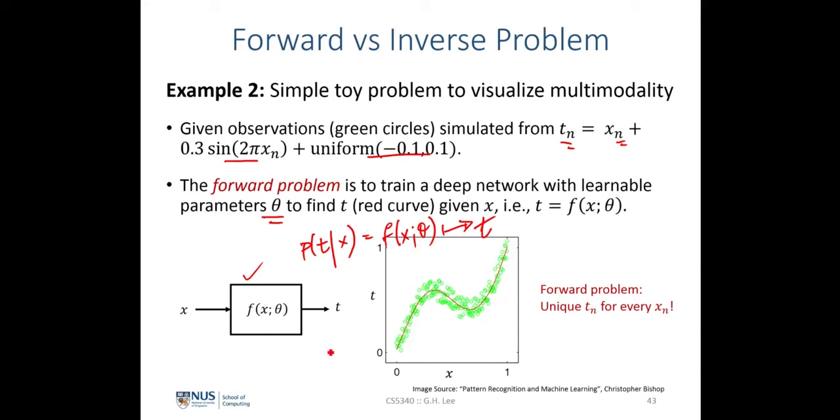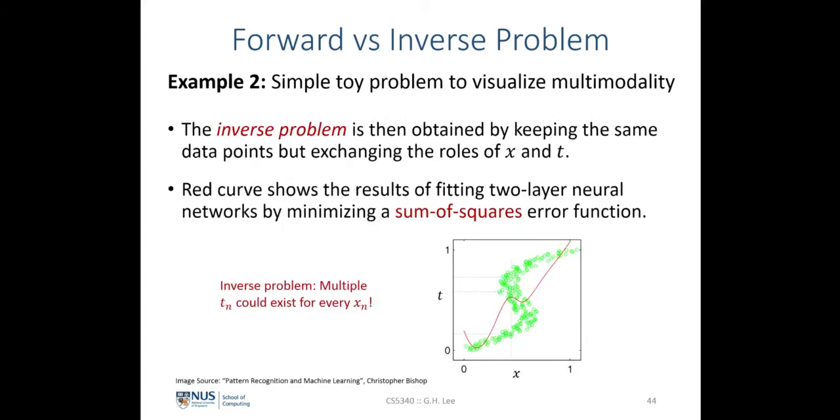That means that given every x over here, there's only one solution that corresponds to t at every x. But now let's consider the inverse problem, where we simply switch the role of x and t. That means that we flip these two axes around. So this used to be the x-axis, now it becomes the t-axis. This used to be the t-axis, now it becomes the x-axis. We can see that the problem now is that for some of the x, we might have multiple solutions for